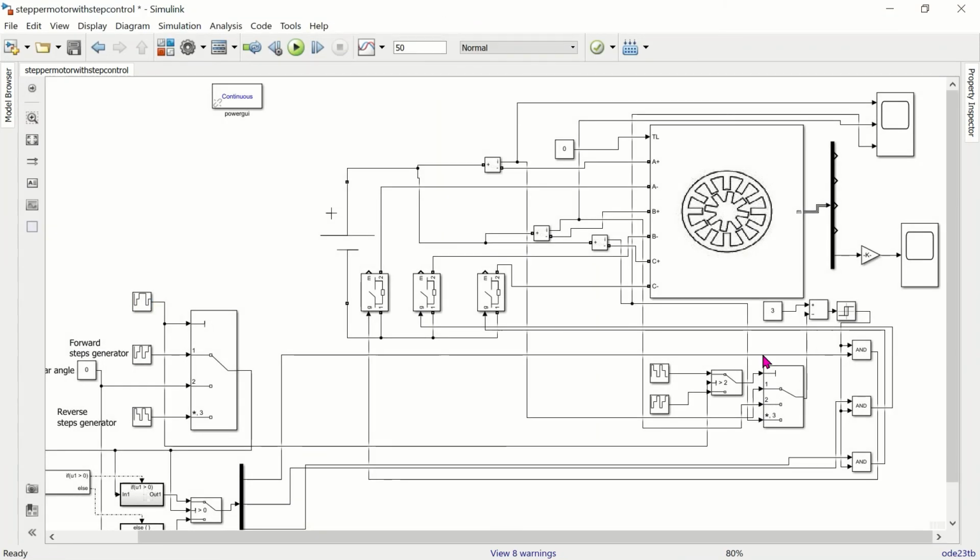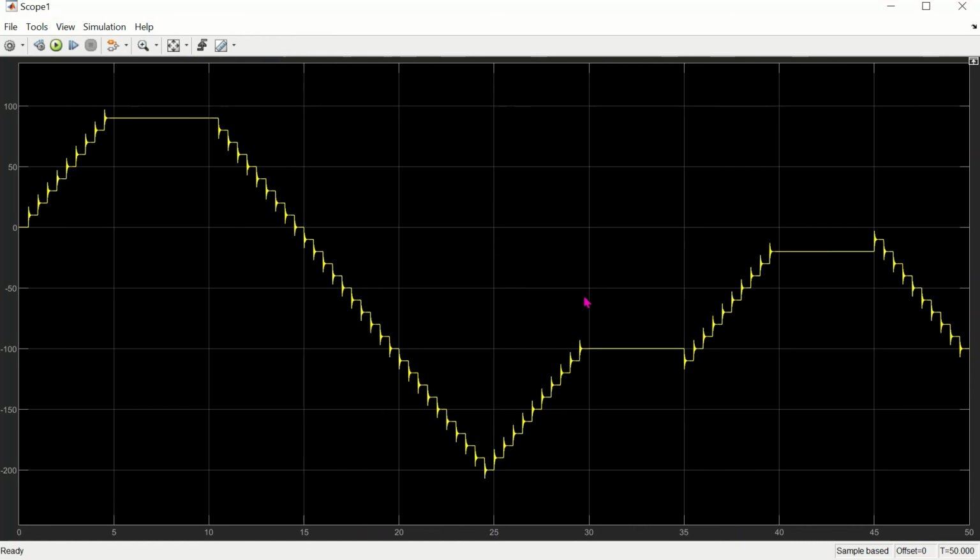Now we will check the output of this simulation. This is the output of our simulation. Here we can check the step angle. So for each step it moves 10 degree. It goes forward direction for 5 seconds.